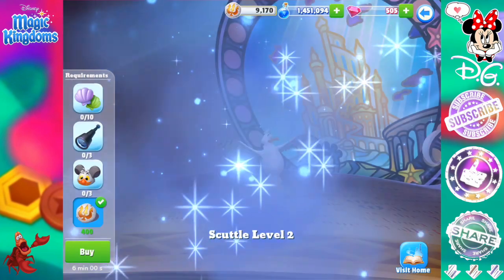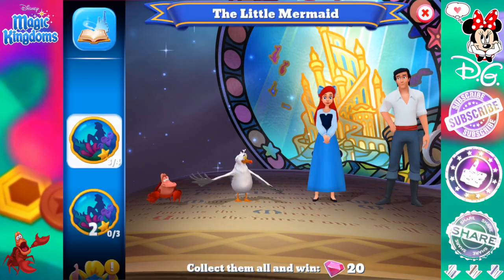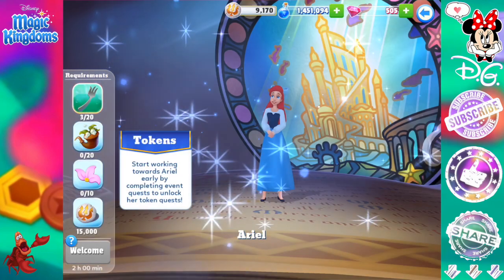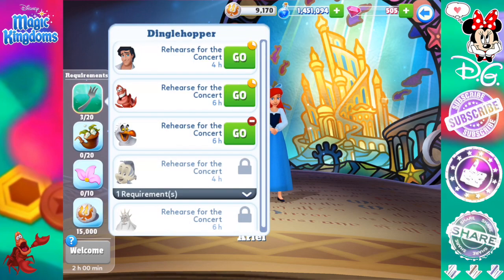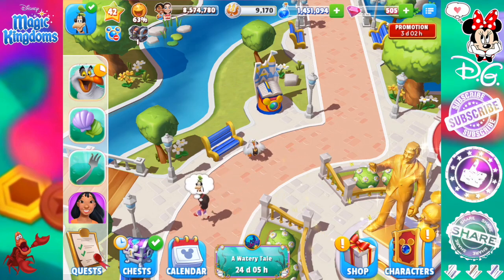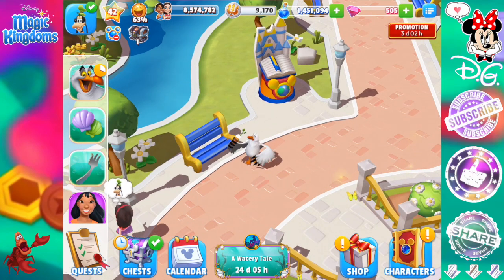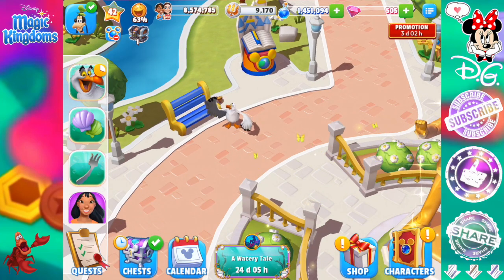Scuttle now is at 2, so we need to start collecting for him again, but considering I just brought him in today and he's already at a 2, that's really, really good. So everybody is going to be collecting for the dinglehopper relatively soon. However, I do want to push along the storyline with the event first, before I collect the dinglehopper with Scuttle, just so we can get some of that dialogue out of the way,